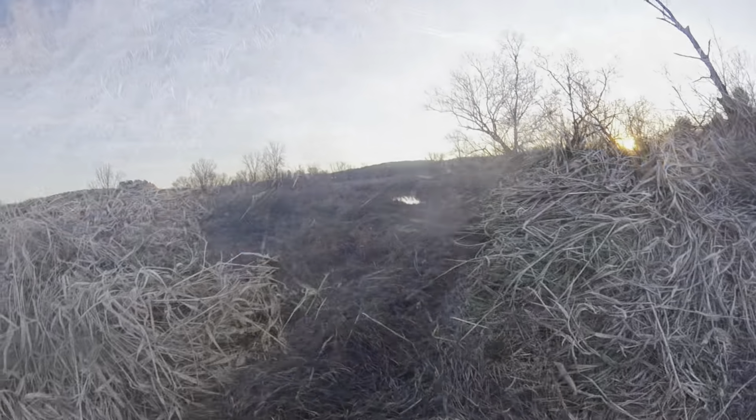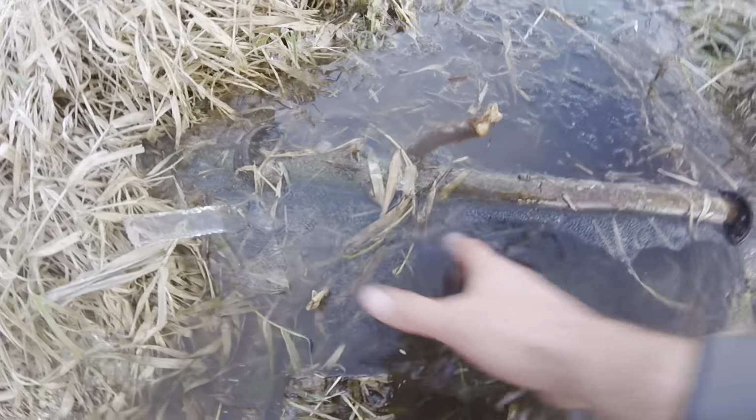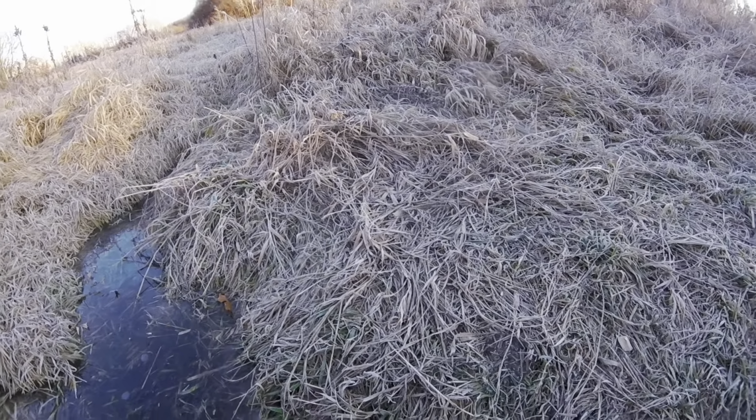So it's happening. Okay. I had to break some ice to check this one. But looks like she's still set. This is supposed to be wide. So, anyway, on to the next one. Hopefully that didn't just freeze my camera. Well guys,